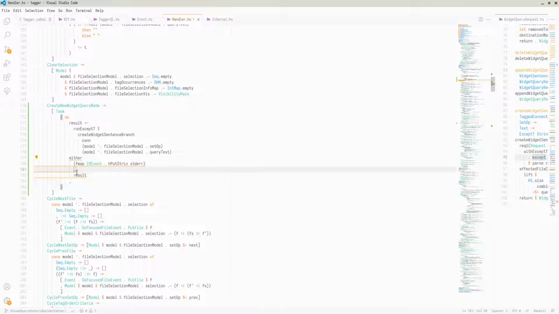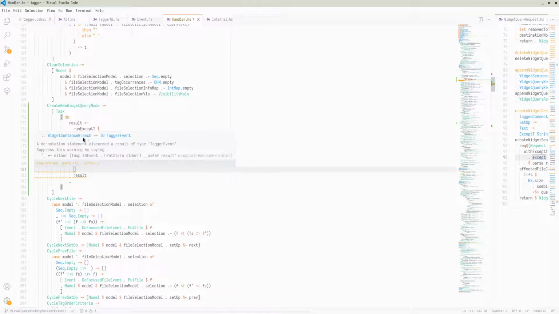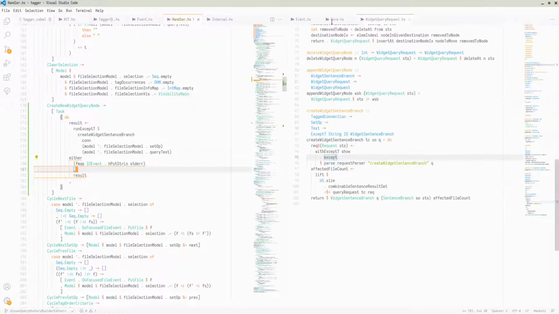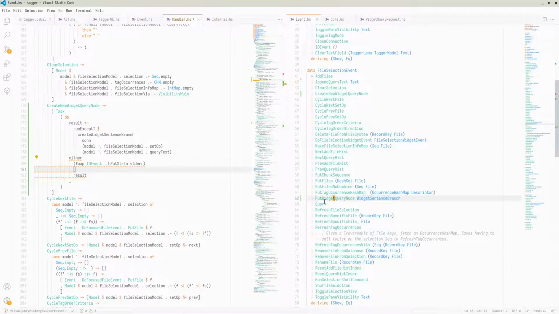Okay, and now our right value needs to be a function that takes this widget sentence branch and produces an IO tagger event, right? That's what this event is for. So that's exactly our function right there. All we need to do is have that function, and then I'm pretty sure we can just do an fmap, put widget query node like that, or